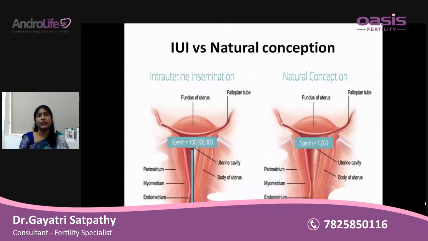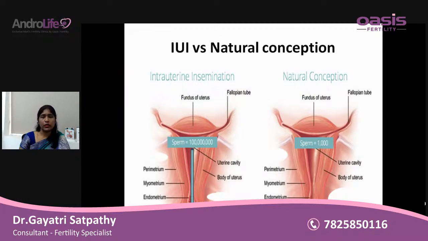and from there the journey of formation of the embryo and the pregnancy starts. So let us now understand what we are actually doing in an IUI and how different it is from a natural conception. As we understood, in a natural conception, millions of sperms are deposited in the vagina, and from there they slowly ascend, and the number of sperms keeps decreasing. So when a man has very good semen parameters, even if the number of sperms decreases as they travel from the vagina to the uterus to the fallopian tube,